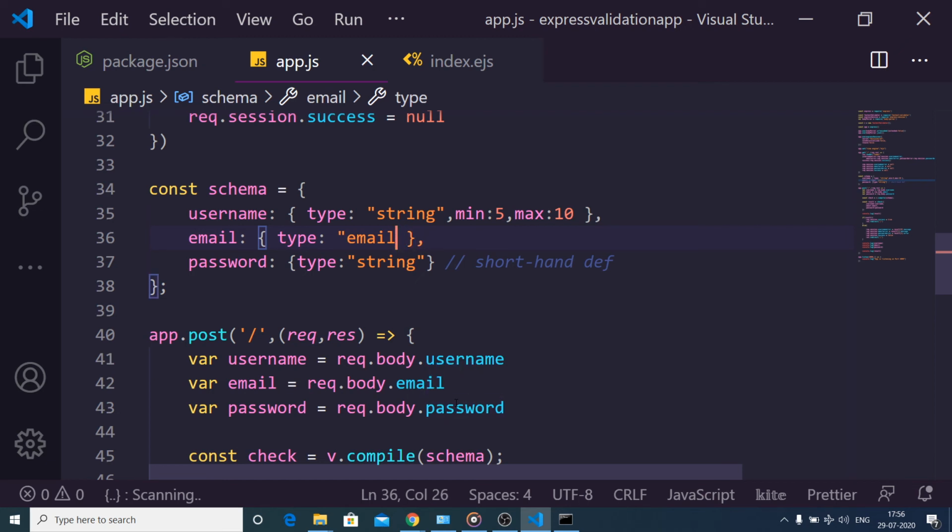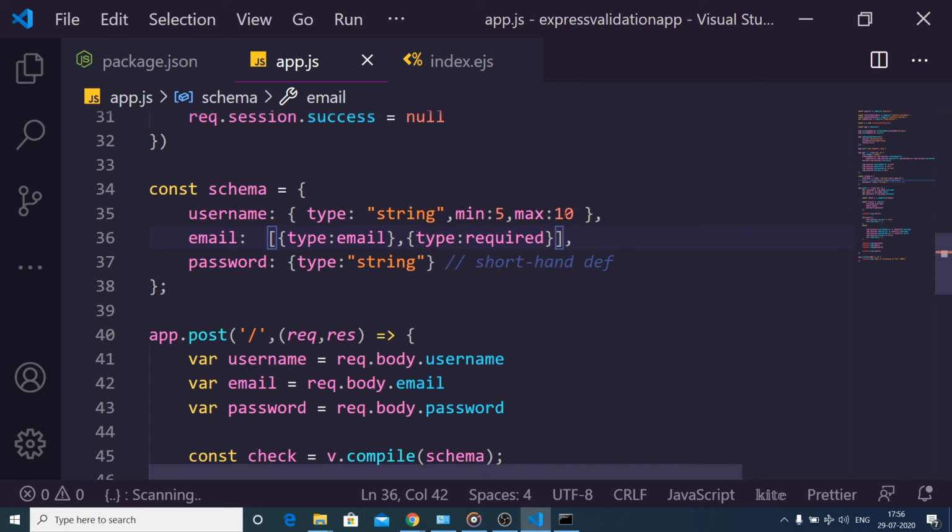Inside you can just have an array of objects. So type should be of email, and then you can have another object of type required. So here you can have an array, and inside this you can provide multiple selectors. So this should be an email and it should be required.